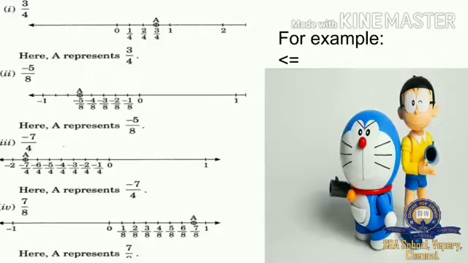And the first sum also, you can easily remember that 1 by 4, 2 by 4, 3 by 4, 4 by 4 value is 1, right? So from 0 to 1, we are using 3 units. If it's minus 5 by 8, you just go on like that. 0 divided by 8 is 0, right? And minus 1 by 8, minus 2 by 8, minus 3 by 8, minus 4 by 8, minus 5 by 8, minus 6 by 8, minus 7 by 8, and minus 8 by 8 value is minus 1.